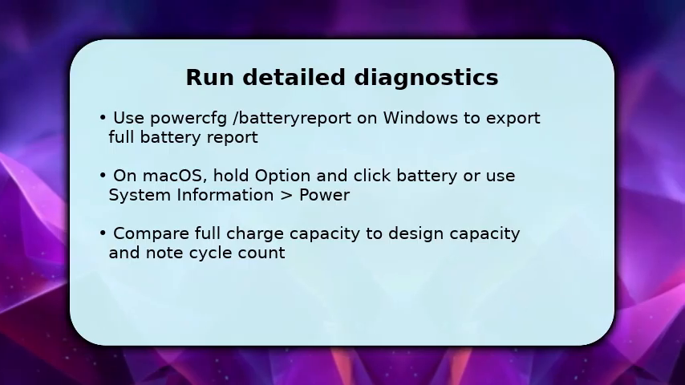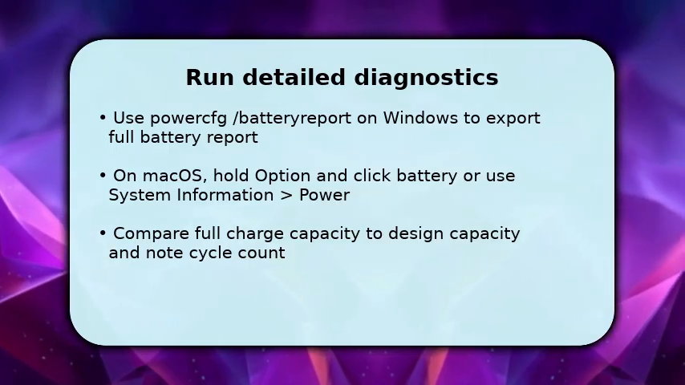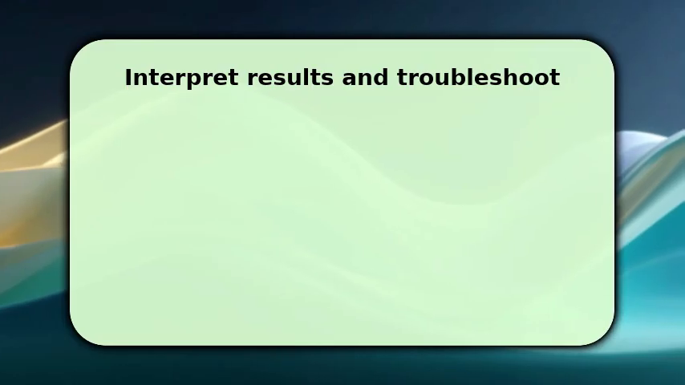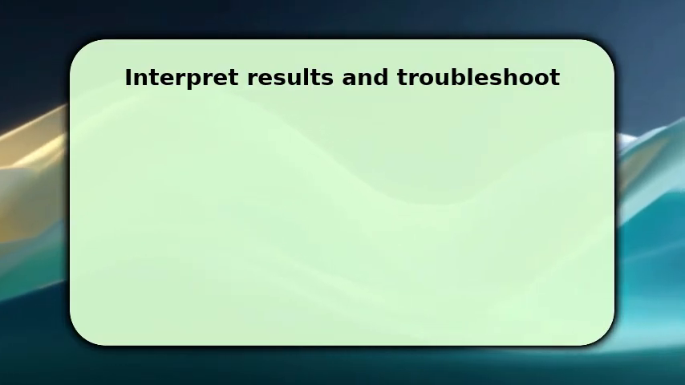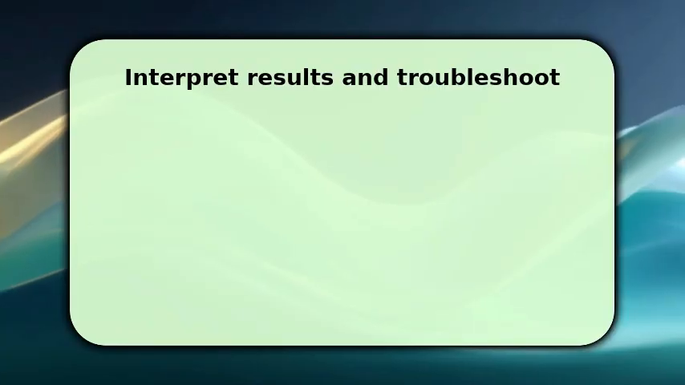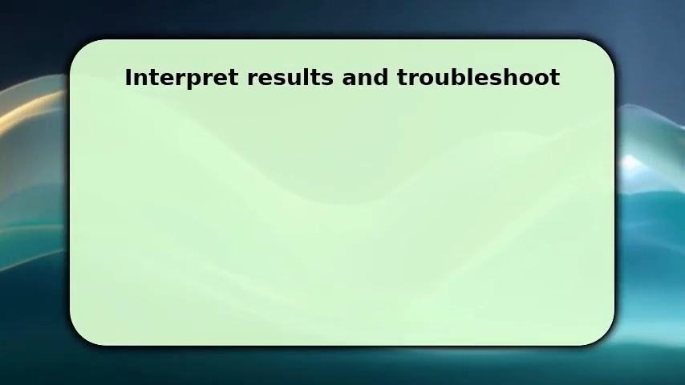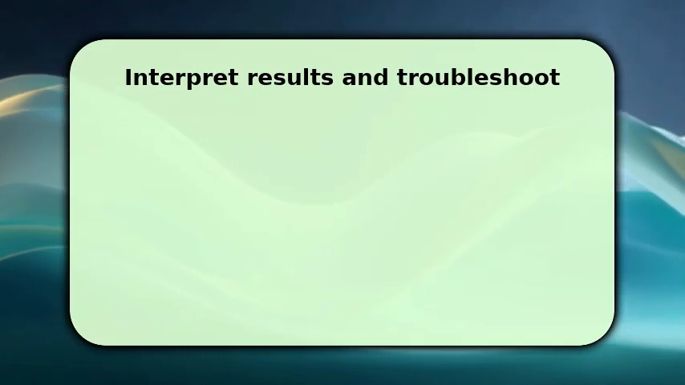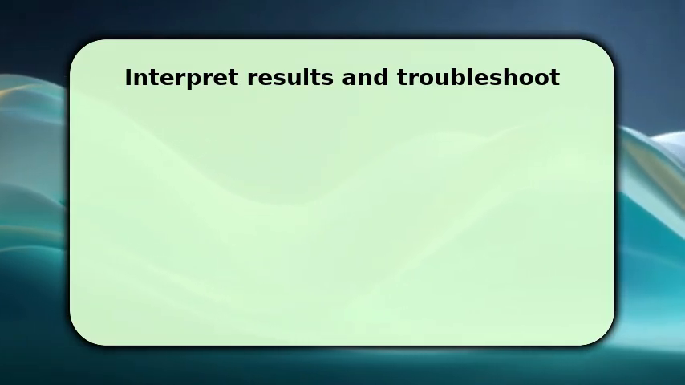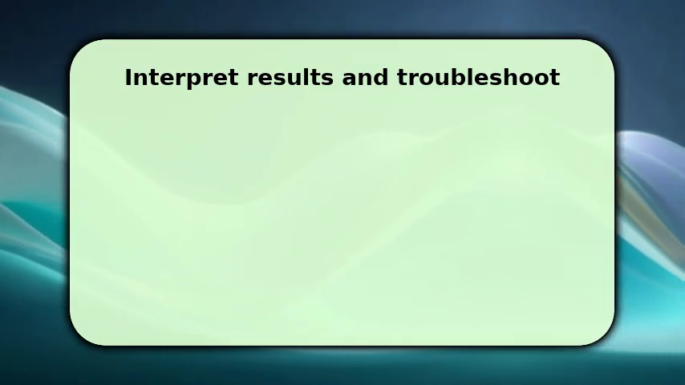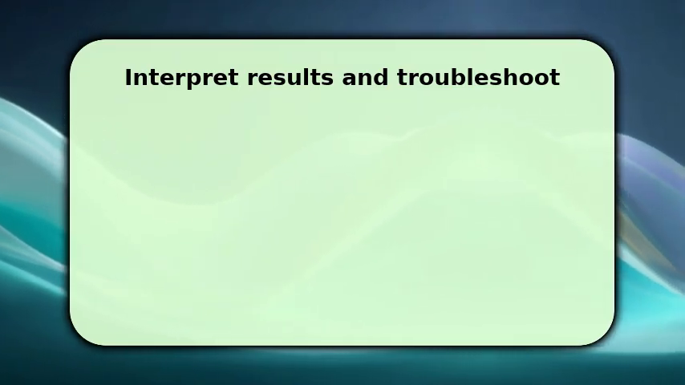Calculate health percentage by dividing full charge capacity by design capacity and multiplying by 100 to see remaining battery life in practical terms. If health drops below about 80%, plan for replacement or perform calibration cycles to improve accuracy. If numbers look inconsistent, update OS and firmware, reset SMC or PRAM on Macs, and rerun diagnostics. These steps often